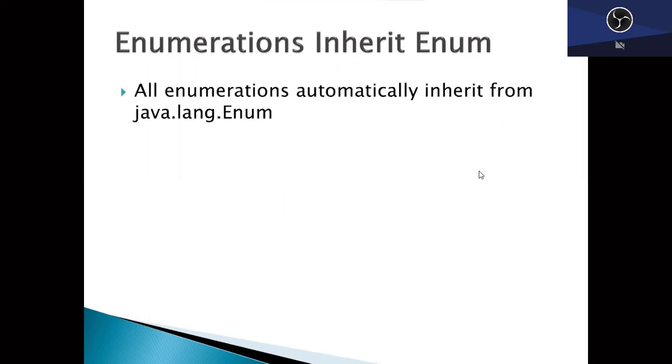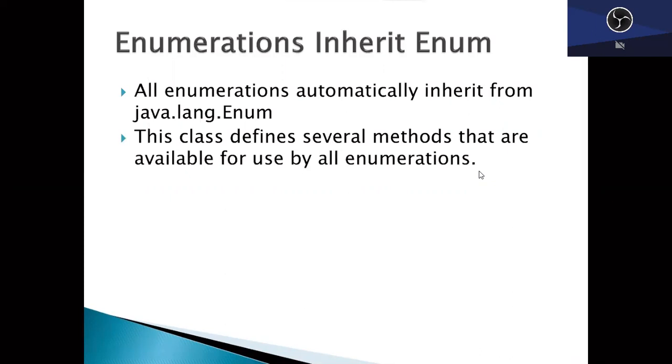They inherit from a class called Enum, defined in the java.lang package. So all enumerations automatically inherit from java.lang.Enum. The methods values and valueOf are defined in Enum.